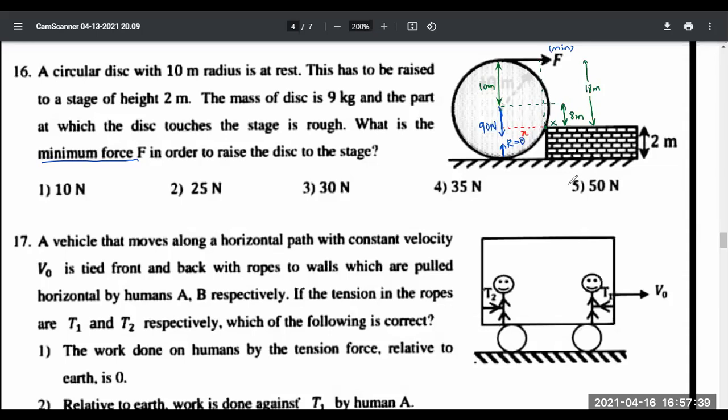That is this length, X. Okay, how do you find that length now? This is X and this is the radius, correct? So it is 10 meters. And what is this small length I have marked here? That is 8 meters, isn't it? So if you take that triangle separately,